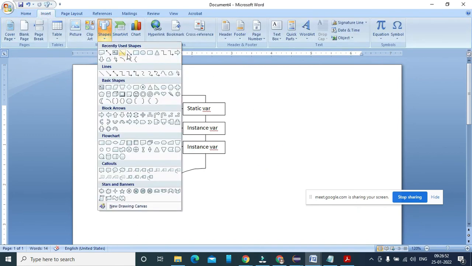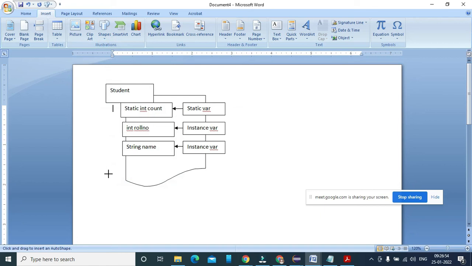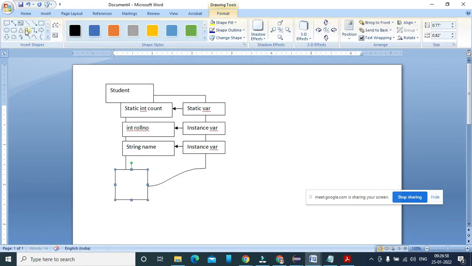Similarly, you can create a static method here.